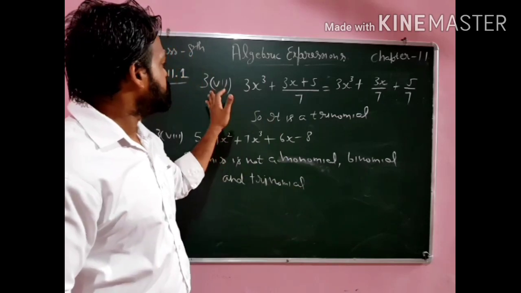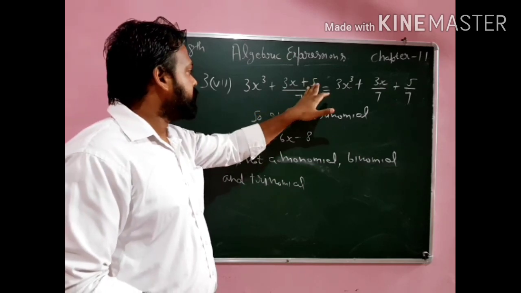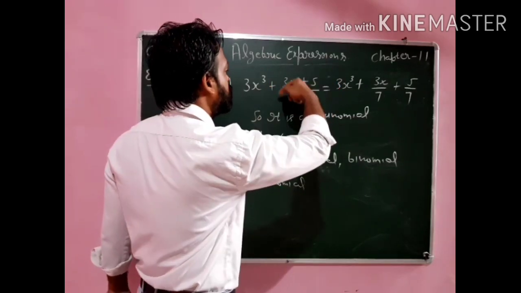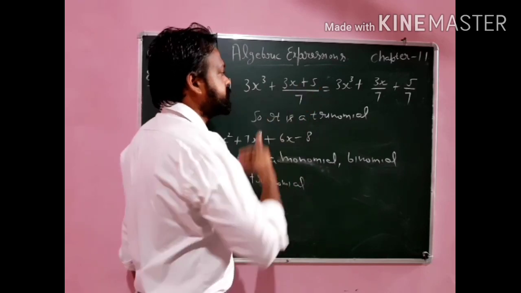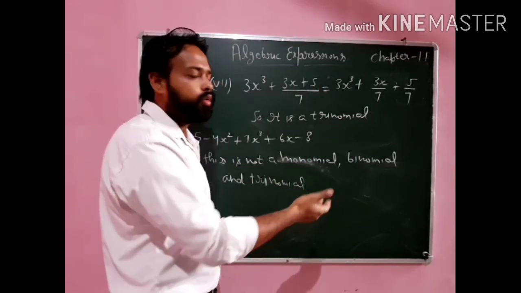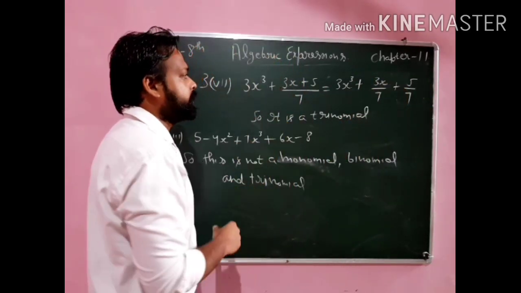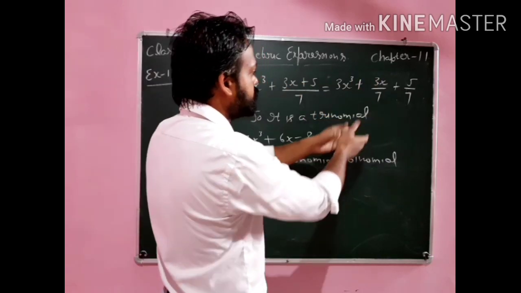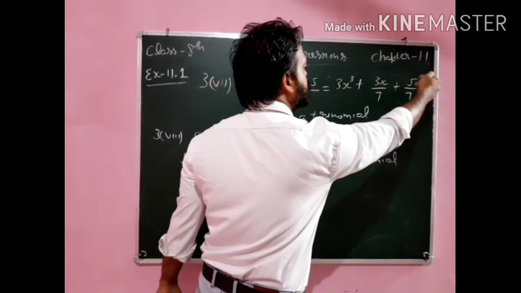So okay, now you can see its seventh part. This is 3x cube plus 3x plus 5 over 7. So we can decide this is only a single term. Now how can we decide how many terms are in there? You can see 7 is the LCM of 3x and 5. 3x plus 5 over 7. So you can write 7 separately over 3x also and over 5 also. The plus sign will remain as it is between them. So it will become 3x cube plus 3x over 7 plus 5 over 7.